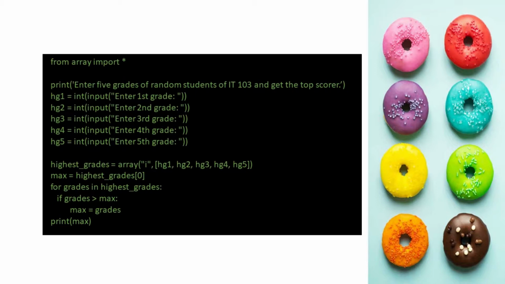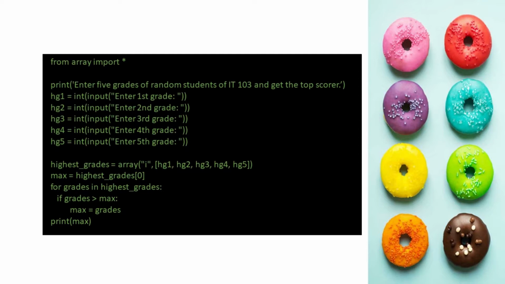Then after that, get the input of the user by typing the variables which will be put in the container. Here our variable is hg1, then declare it as integer, or int, then type int(input('Enter first grade: ')) and so on until hg5.